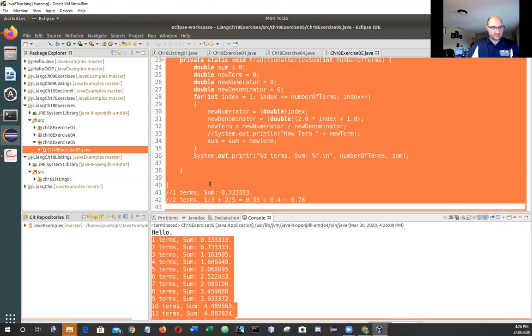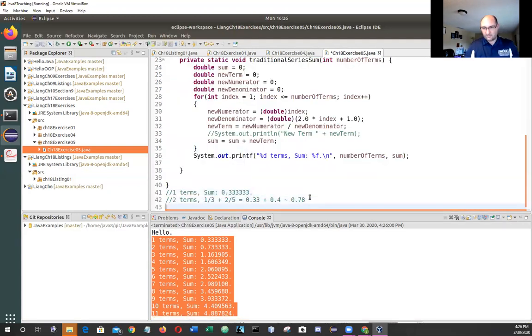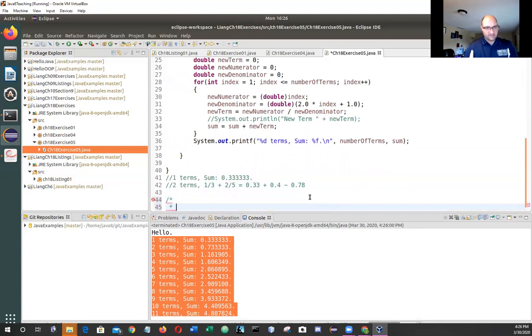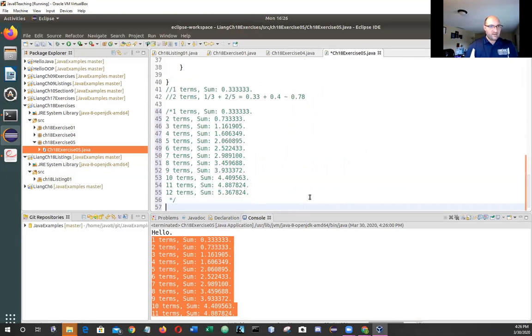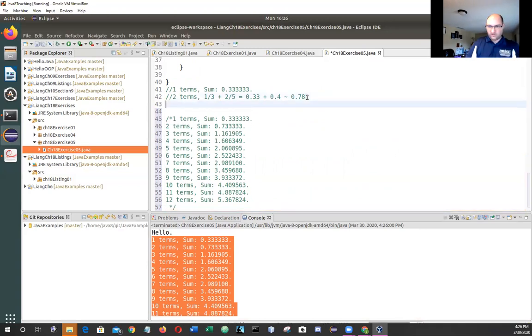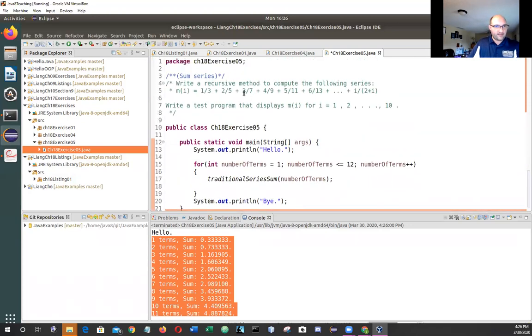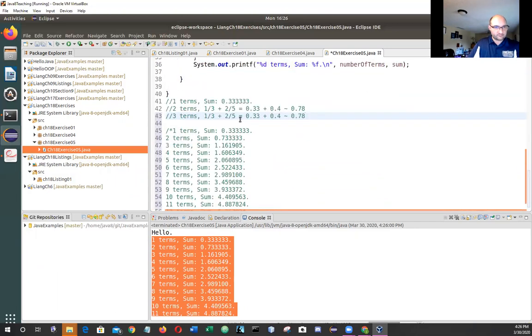So let's drop that in as a block comment. And so put that there. Okay, so I'm going to do just one more quick, not that I'm anything great at math, but 3 terms. It's going to be 1/3, 2/5, and then 3/7. And that is equal to,